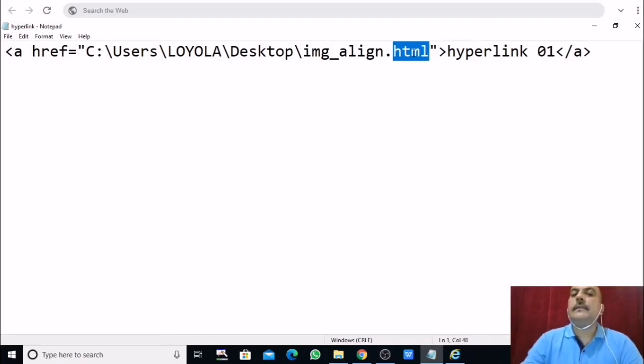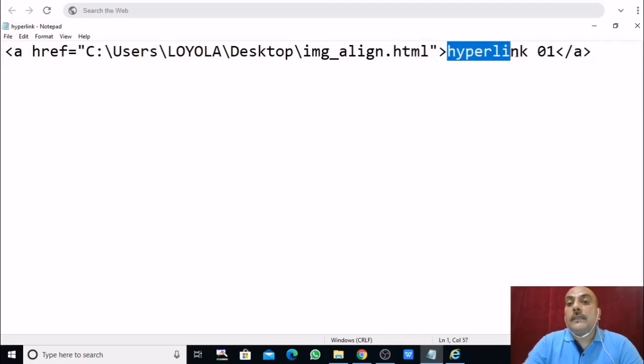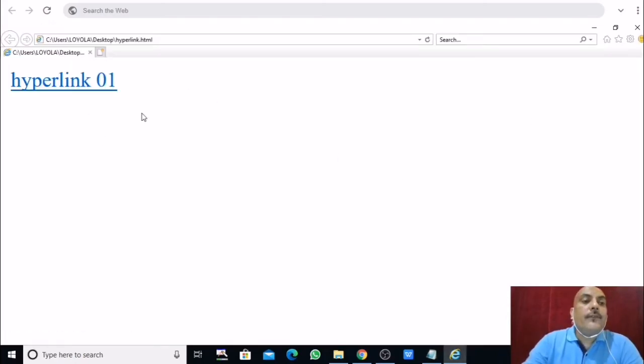Which type of file is this? It is an .html file. So the browser will recognize it and open it for us whenever we click on this hyperlink 1 text, which is appearing after this tag, and then we are closing this anchor tag again. The identification of a hyperlink is that blue color underline, and when you mouse hover on that specific text, the pointer sign will appear on that text.